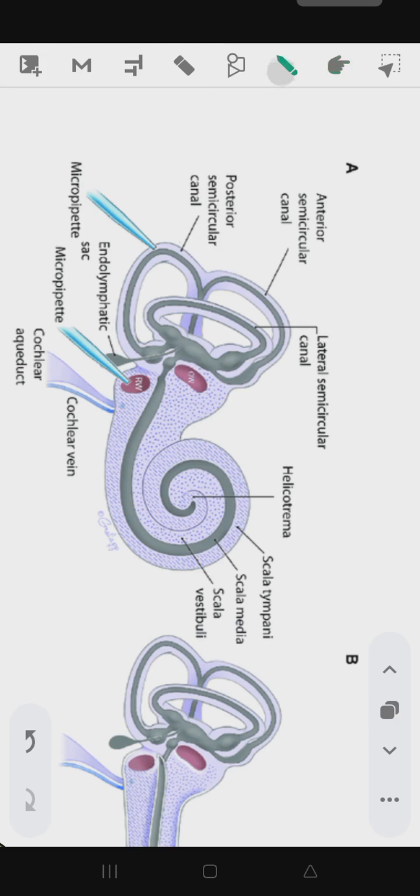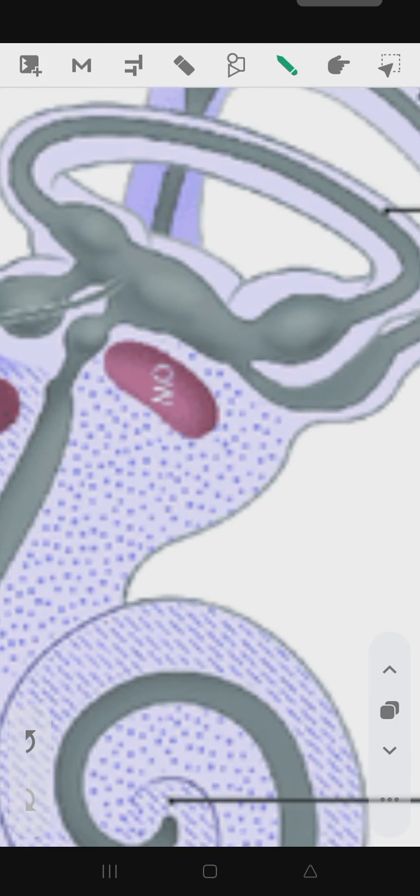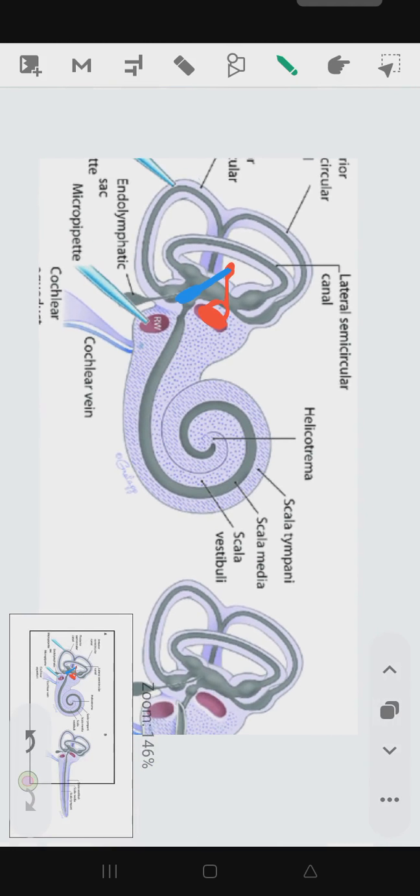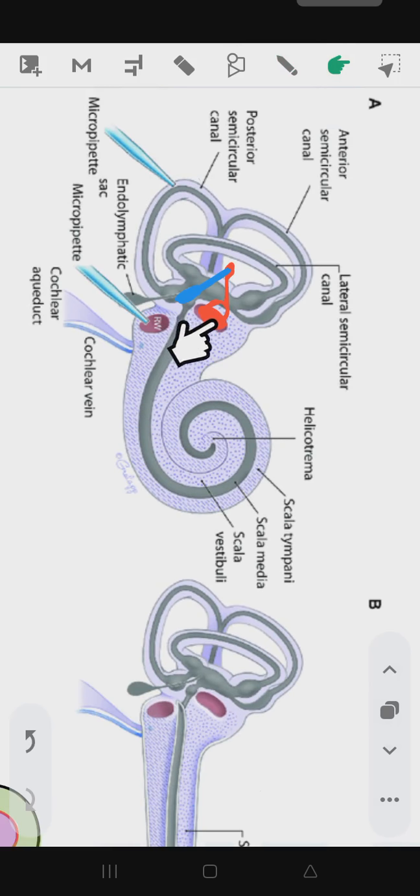The oval window has the cochlea over it. As I said, the oval window has the footplate of the stapes. That's the stapes footplate, and the stapes is one of the ossicles, connected with the incus over here, and the incus is further connected with which bone? Yes, you are right, that is the malleus.